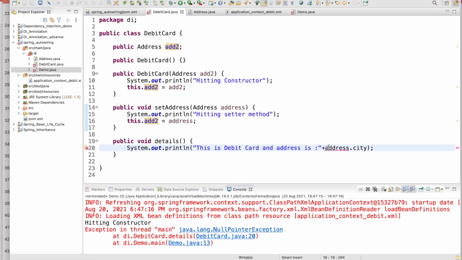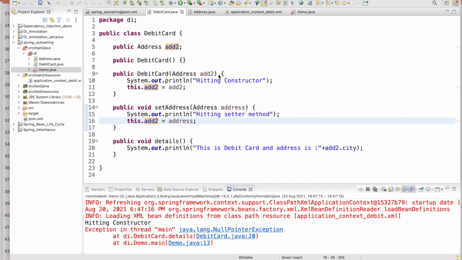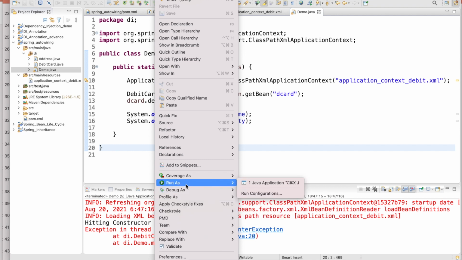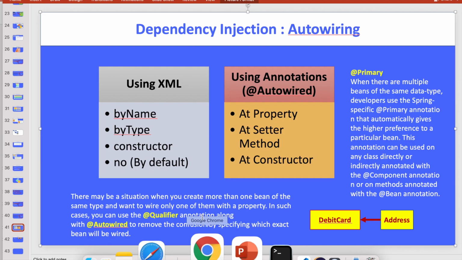Now okay, here also. Now you run this demo class, it should work fine, right? Here also you have to change. Now if you run here, it is working fine, right? So for the constructor, you have to change the property name. It works by name, right? These are the three ways I was explaining here. So you can see that.